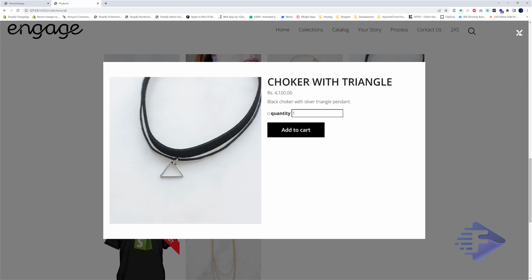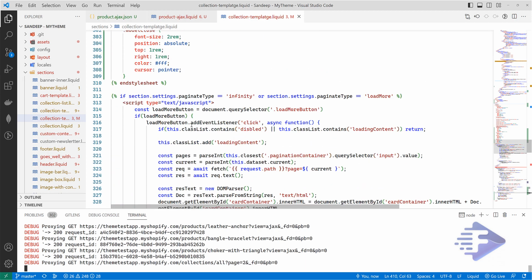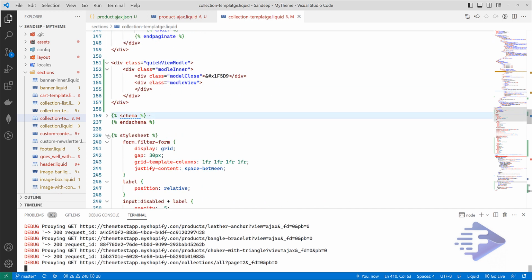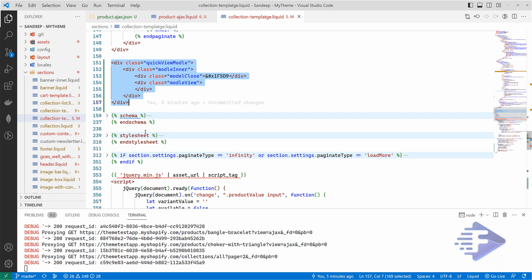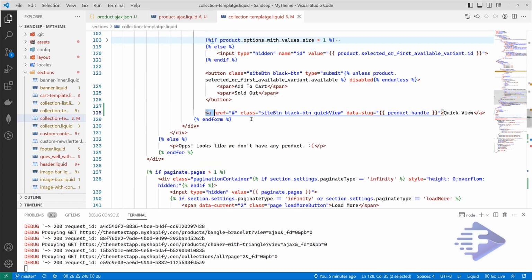Everything is changed, so we don't have to write any code again and again. So what I did, let's hide this one and this one also. I just created a model layer and added a little bit of style for this one, and this is our button. Based on this button we are going to show our product. So this is our slug. Based on this slug we are going to get our product,